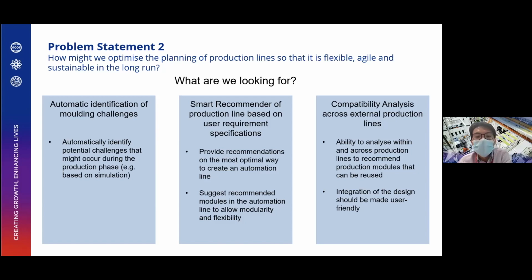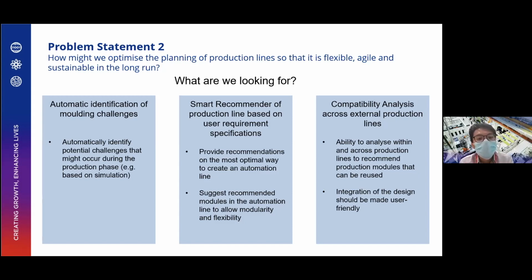Second, the solution may also be a smart recommender of sorts of the production line automation based on the customer requirements. It may provide recommendations on the most optimal way to create a production line with automation based on a database which contains historical and current information, such as a library of materials or existing components that were already created in the shop floor. This recommender may also perhaps suggest suitable production automation modules to allow for modularity in the production line and